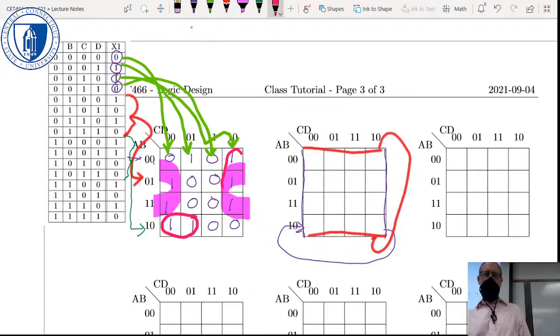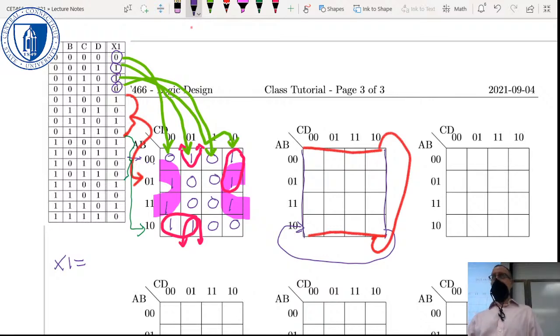But here I can group those 2 together, and here I can group those 2 together. Okay? So that means I've got 1, 2, 3, 4 terms in my expression. So my expression for x1 is going to have 4 terms. This big pink one, the big highlighted one,